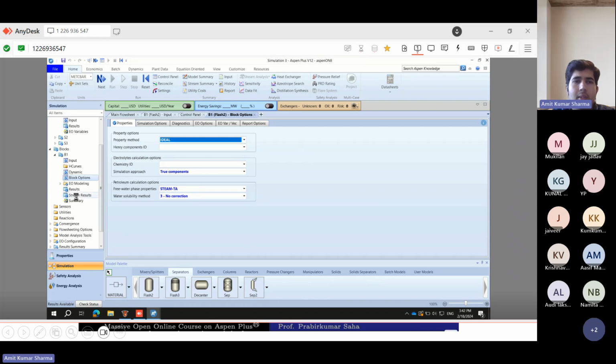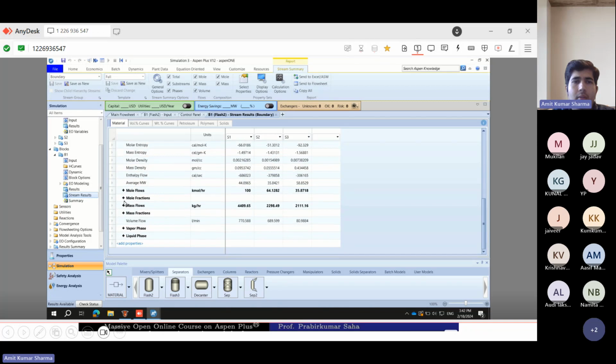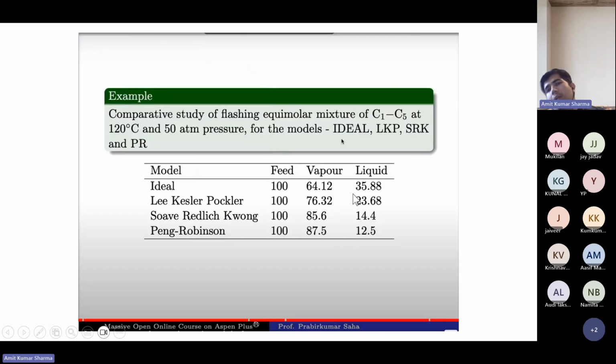Go to the stream results, then you can see here the mole fraction. It's 64 and 35. So that is for the ideal. Now you can see there is a significant difference, so you need to be careful which method you choose.